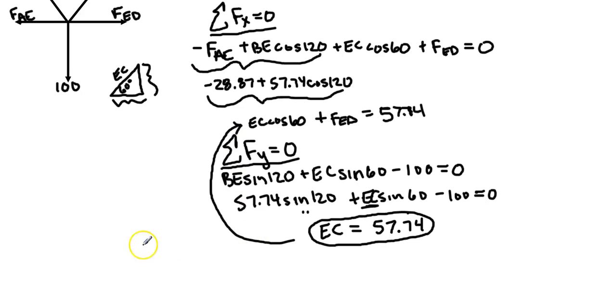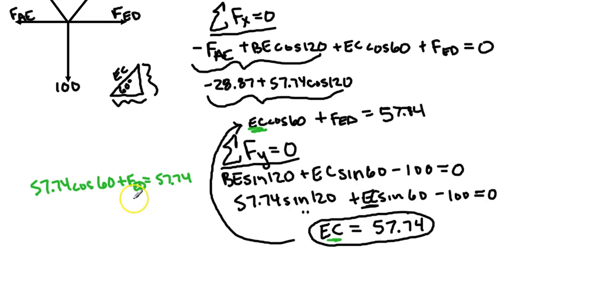And I'll do it over here, a different color. Here's EC, here's EC. We end up with 57.74 times the cosine of 60 plus FED, the force at ED, is equal to